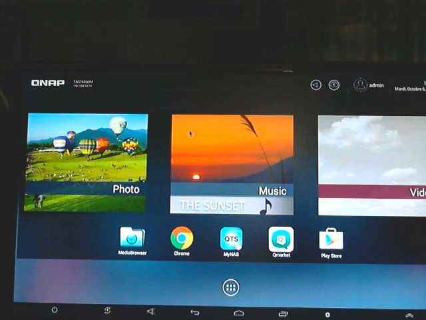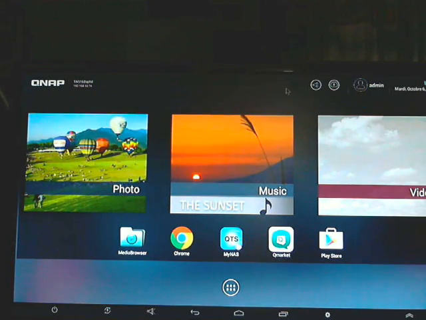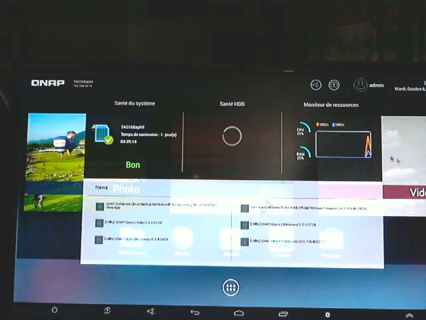But as with any Android system, you can also see a notification just by flipping down your mouse or your system up to see the notification. The health status shows you the status of the system, the status of the hardware disk, in my case 1, and the performance monitoring, the RAM, and the throughput, and some information from them. So it analyzes the HDD. Okay, it's correct.